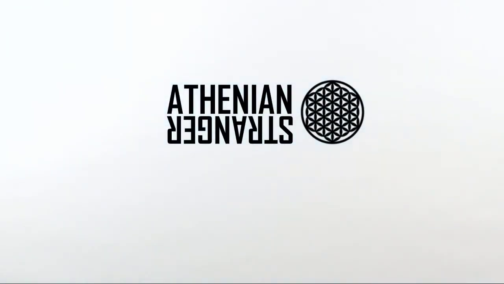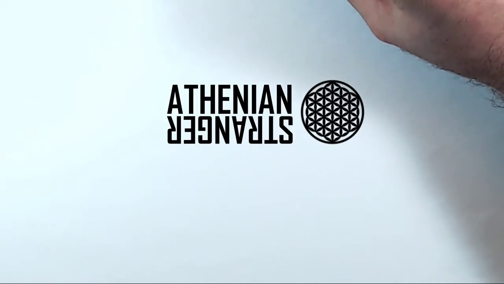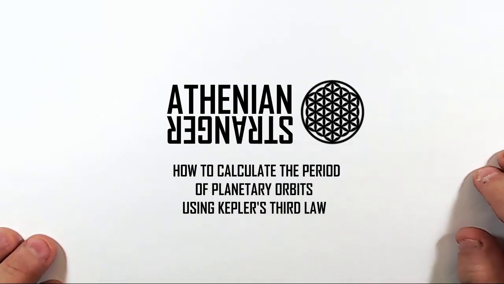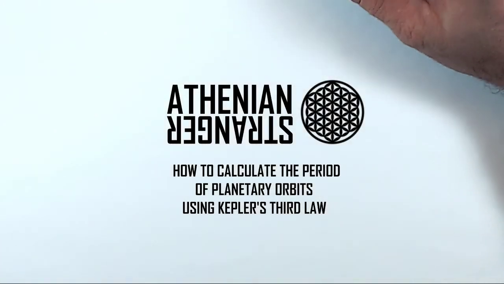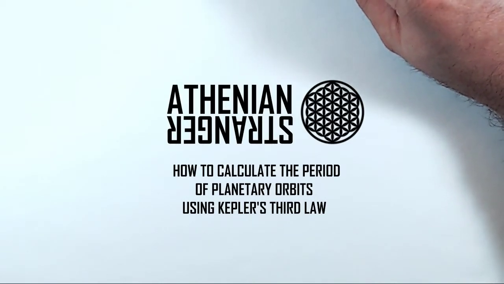Hello, this video is going to discuss how to compute the periods of planetary orbits using Kepler's third law. For this, we will need to describe Kepler's third law and draw an ellipse and discuss a few terms, and then the calculations themselves are fairly trivial, but we'll go through it. This is an introductory lesson on